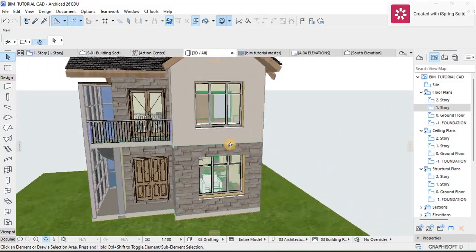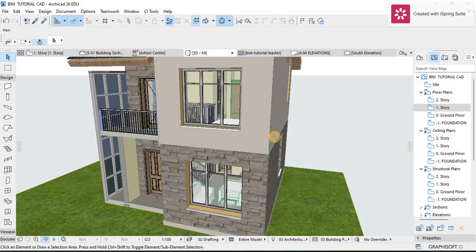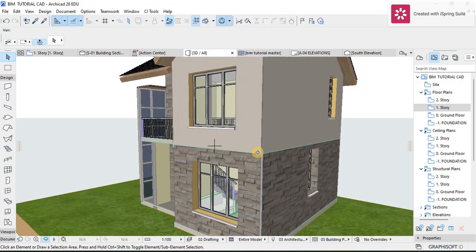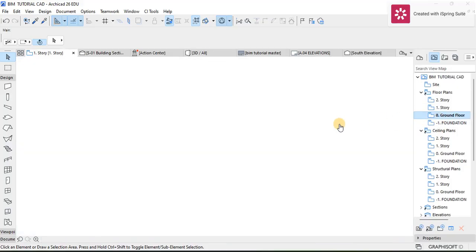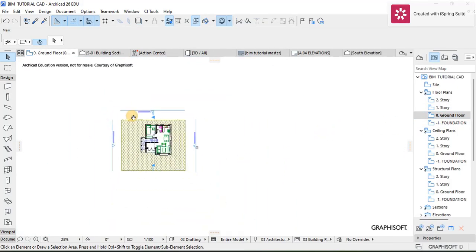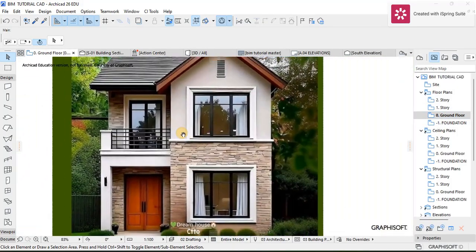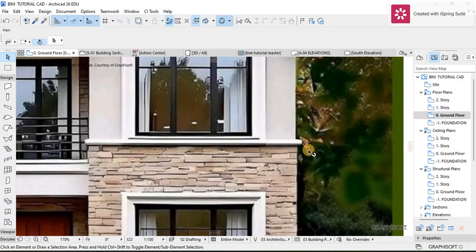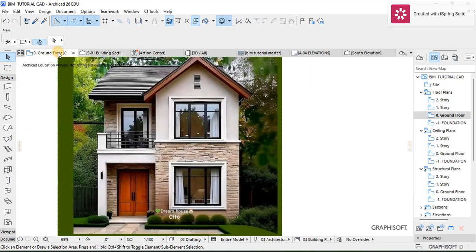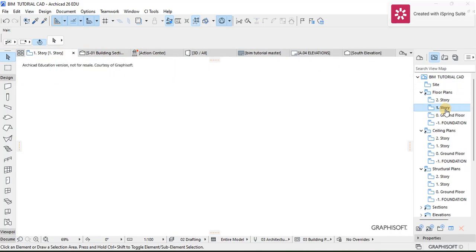So the next thing I'm going to do, with the same tool and the same method, is make my cornice for this building, because I think it had a cornice. See, there's a cornice between here. Yeah, you see this thing? This cornice here. That's what I'm talking about. So I'm just going to make sure it is on the floor plan. So let me go to story 1 and draw my cornice